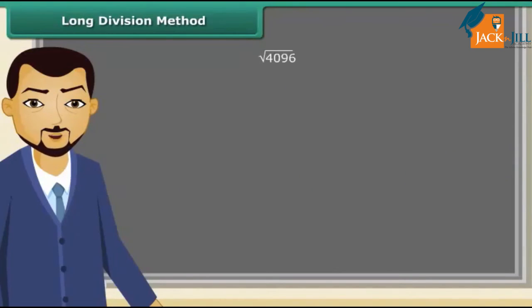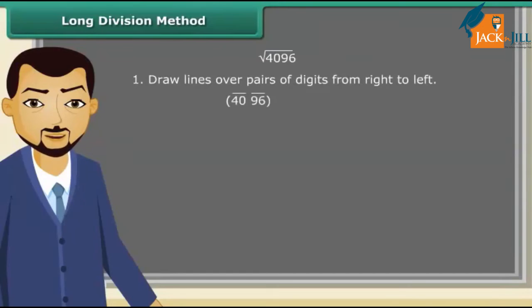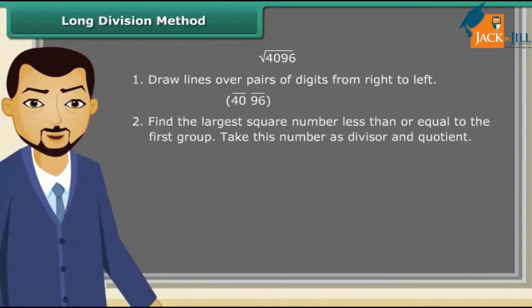For large numbers, the prime factorization method of finding square root becomes difficult. So we use the long division method. Let us look at the steps. First of all, draw lines over pairs of digits from right to left. Next, find the largest square number less than or equal to the first group, that is 40. Since 36 is less than 40, we take 6 as the divisor and 6 as the